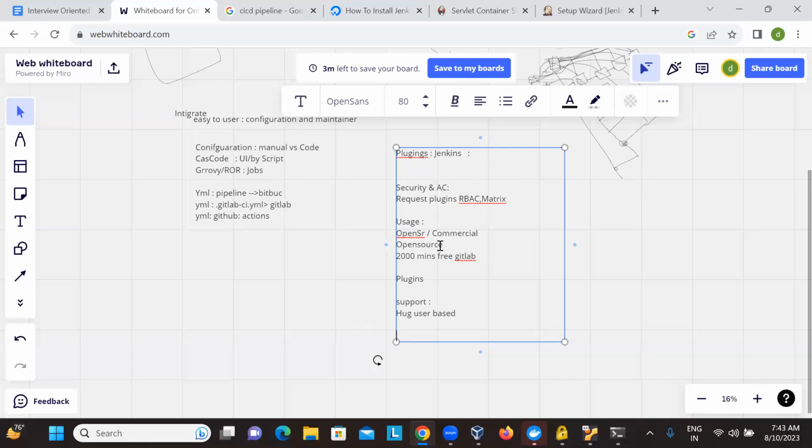Here in Jenkins, we call them pipelines. But in case of GitLab or Bitbucket, we call them workflows. And if you want to write any pipeline related to Docker, you have to install the Docker plugins and manage all the stuff. But in the other tools, you create a workflow, where you mention what tools you want and then write it. So this is how you compare the other CI/CD tools versus